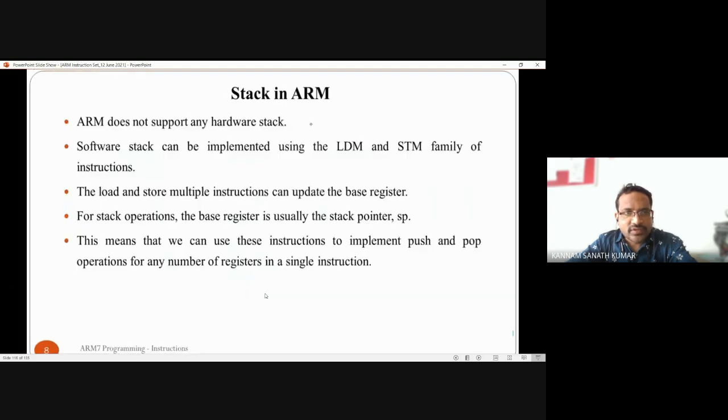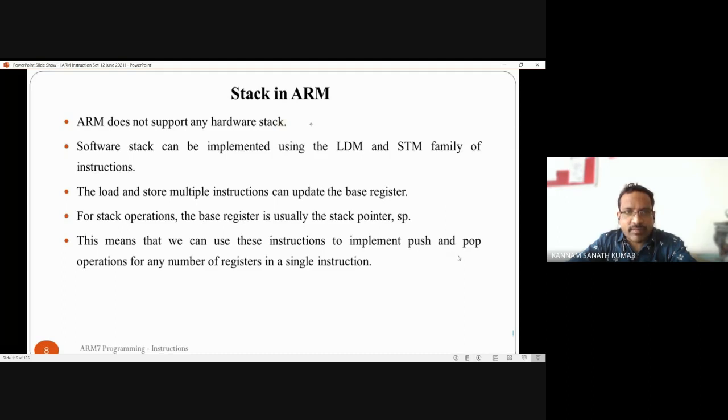For the stack operation, the base register is usually the stack pointer. So during the load store multiple instructions, it can update the base register. Base register means, in stack operation, the stack pointer. We need to remember that. So we need to implement these instructions by using push and pop.